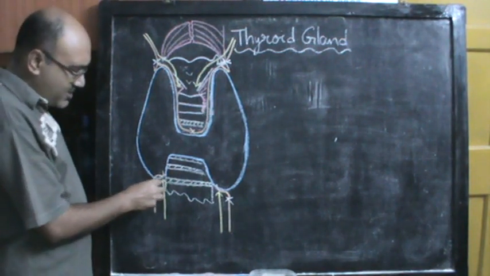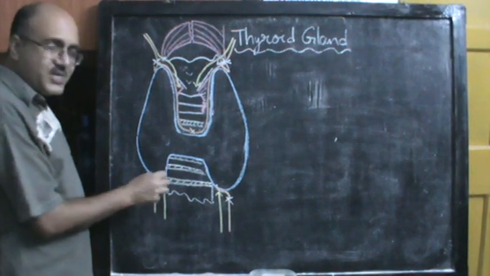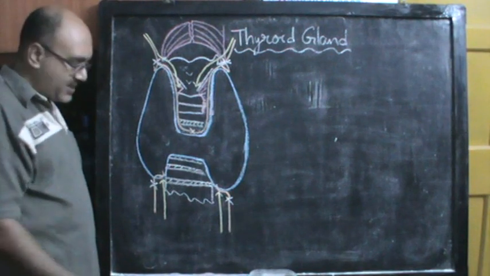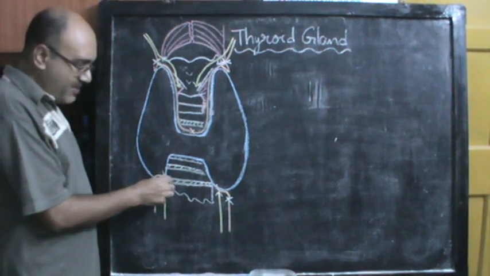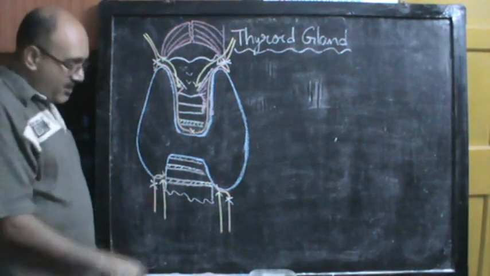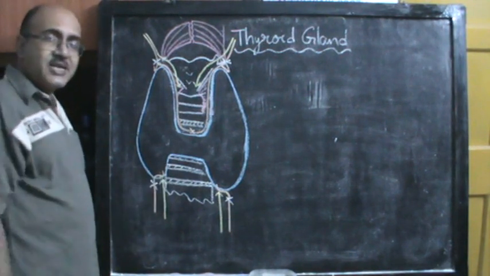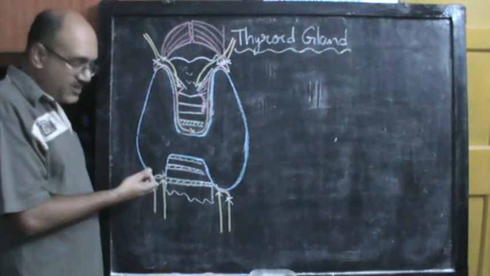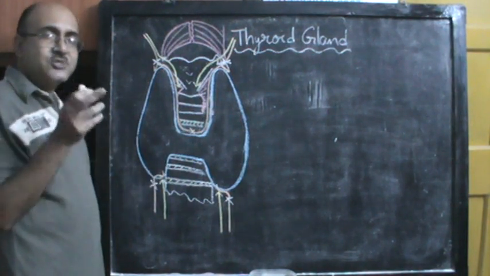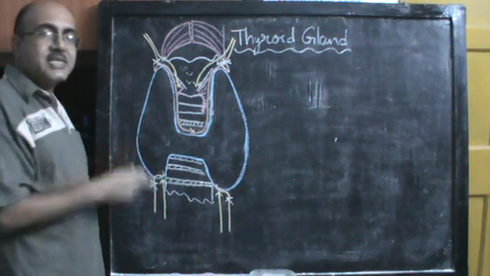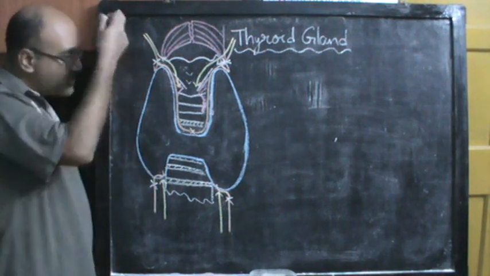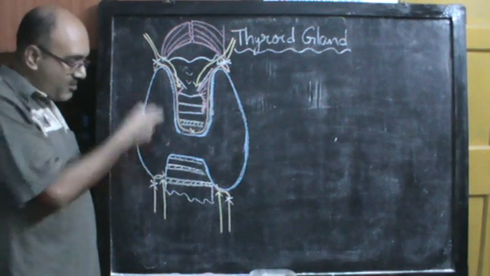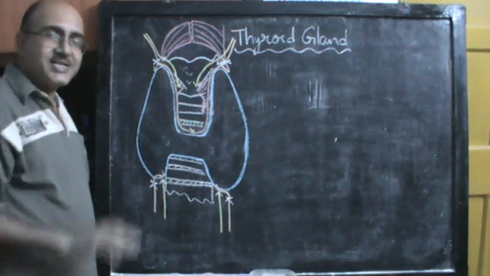However, this is not strictly true. If you want to tie the inferior thyroid artery, it is best that you expose the inferior thyroid artery, you dissect and separate the recurrent laryngeal nerve, you maintain the nerve in clear vision, and when you trace up the inferior thyroid artery, instead of ligating the whole artery, you ligate only those small branches which are going inside the thyroid gland, because the long branch which is going behind the posterior border of the thyroid gland is actually supplying the parathyroid glands.